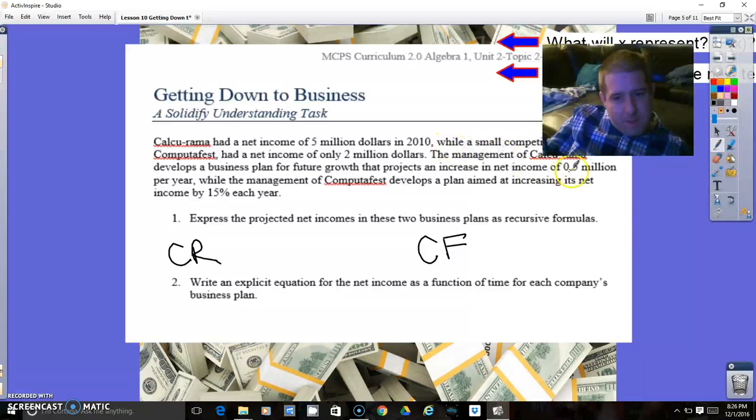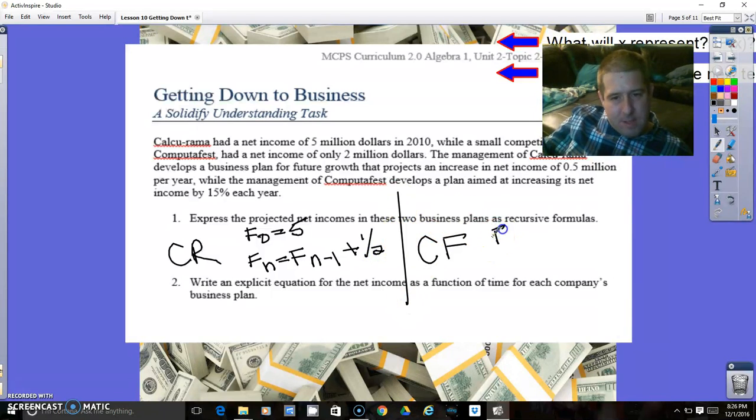Calcorama is the one that's going to be increased by $500,000. So I'm going to let x equal the years since 2010, and I'm going to let y equal the amount of money in millions. So Calcorama is going to be f of 0 equals 5 million. F of any number is found by taking the previous number and adding a half to it, $500,000. ComputerFest, f of 0 equals 2. f of n is equal to f of n minus 1, and this one is times